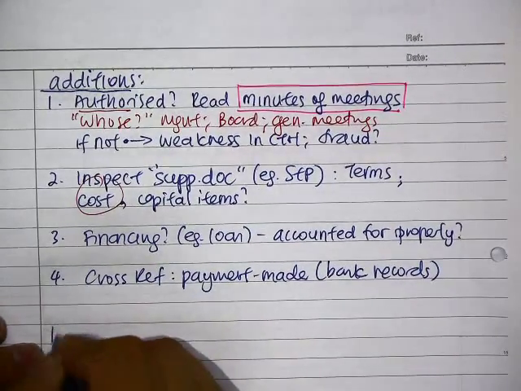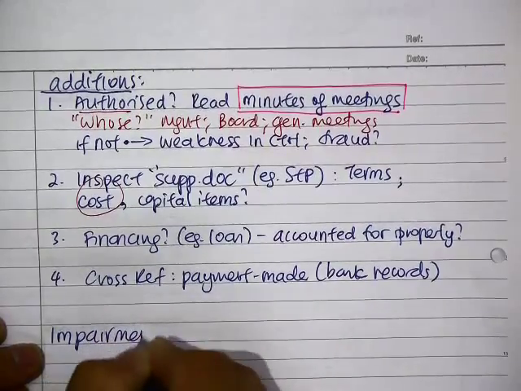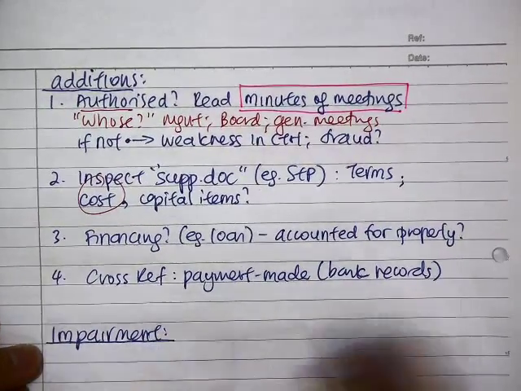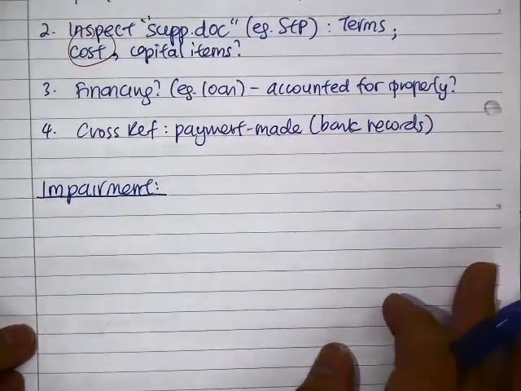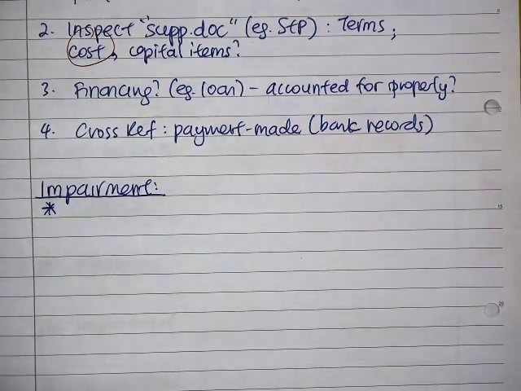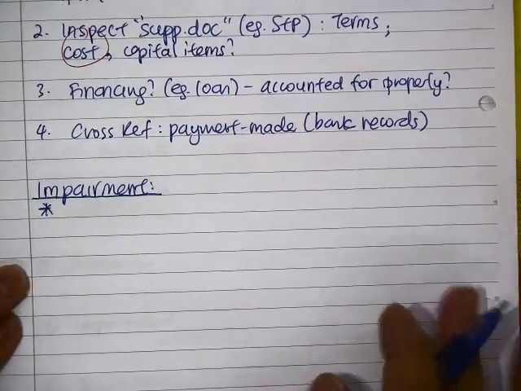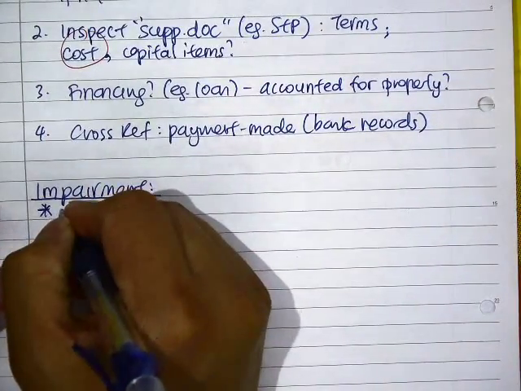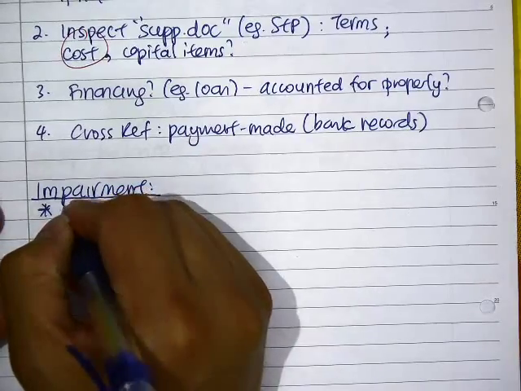Now, the next issue we have here is on impairment. Now the key difference between impairment and revaluation in terms of your accounting requirement is what? Impairment is compulsory, right? Revaluation is optional, correct? So impairment is not a choice. You have an impairment, you have to recognize the loss. Now, before you look at the issues to see, you ask yourself, okay,